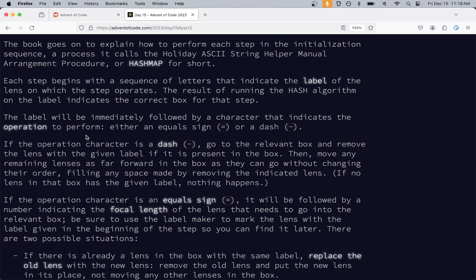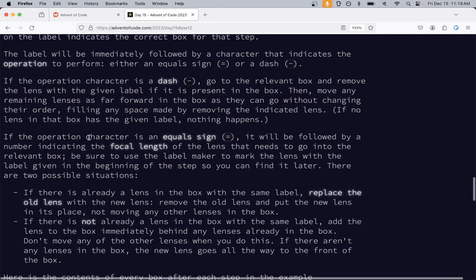If the operation character is a dash, go to the relevant box and remove the lens with the given label if it is present in the box. Then, move any remaining lenses as far forward in the box as they can go without changing their order, filling any space made by removing the indicated lens. Cool. If the operation character is an equal sign, it'll be followed by a number indicating the focal length of